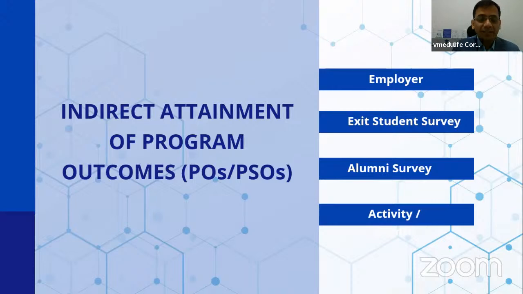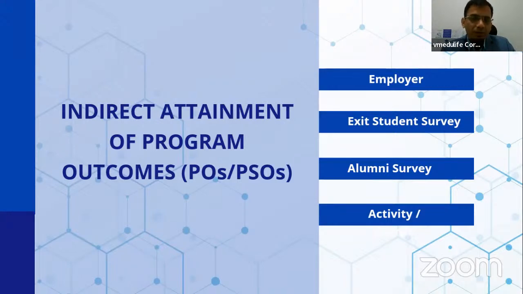We will consider this indirect attainment. The very first thing: why is it coming into the picture? What is the necessity of indirect attainment when we are calculating the direct attainments? The necessity for indirect attainment is that if I consider the statements of my 12 POs, 12 program outcomes,